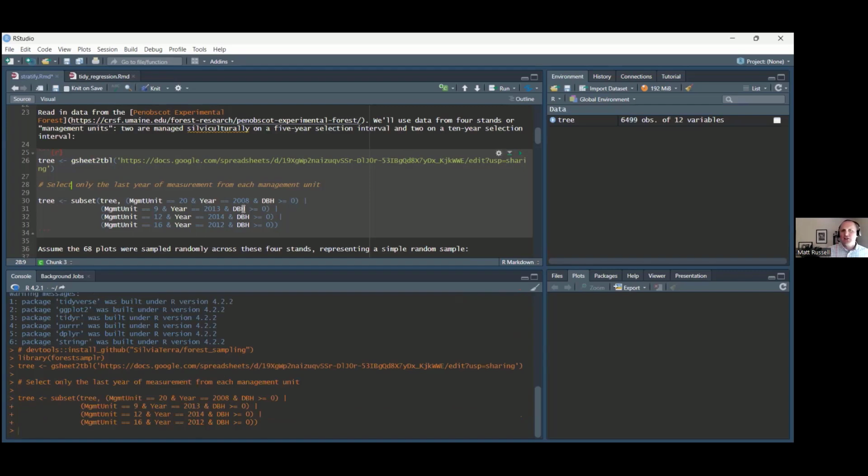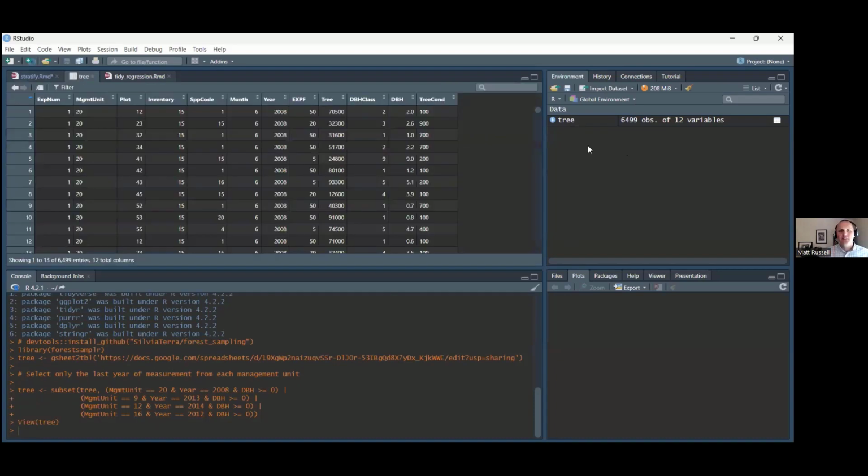And again, don't feel like you need to follow along completely as I walk through this. But again, remember those resources are available on the GitHub repository if you wanted to have a look. So we've got the data in, so that's good. It looks like it didn't pop up any errors over here. And you can see our environment window also populated with something. So that's good. That means our data is in. And so what you can do is you can actually go ahead and open this. And when you click on the tree data set, you can see the data here.